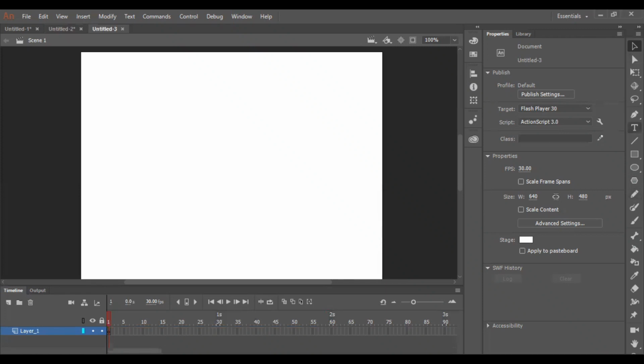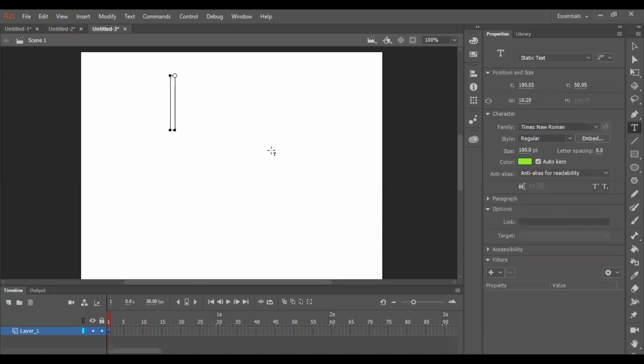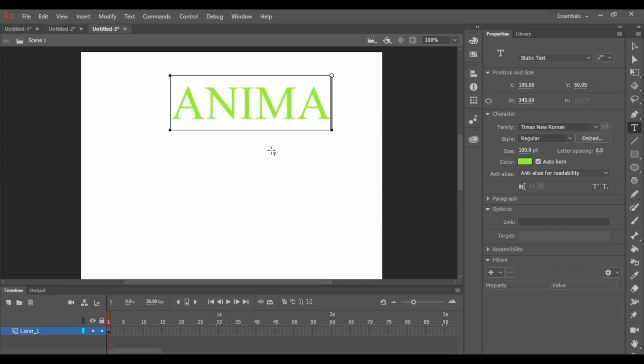The text tool. So this is the text tool. I just click on this text tool, and here you can just type any text, animate. Right, now for the text,